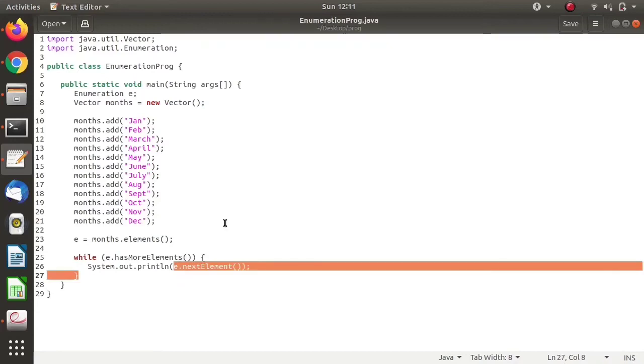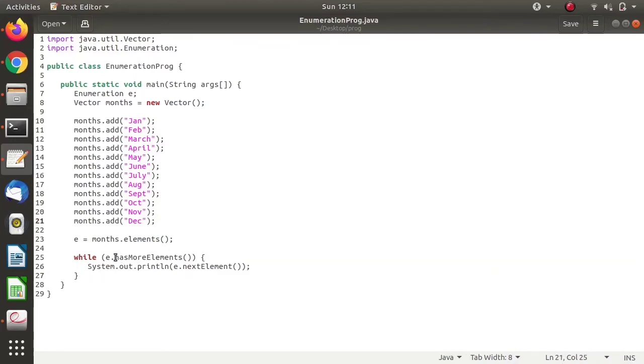Here we have used vector data structure. While hasMoreElements returns true or false. So if it has a next element, it will return true, otherwise it will return false. So from this we can retrieve the elements from this data structure, in this case vector.